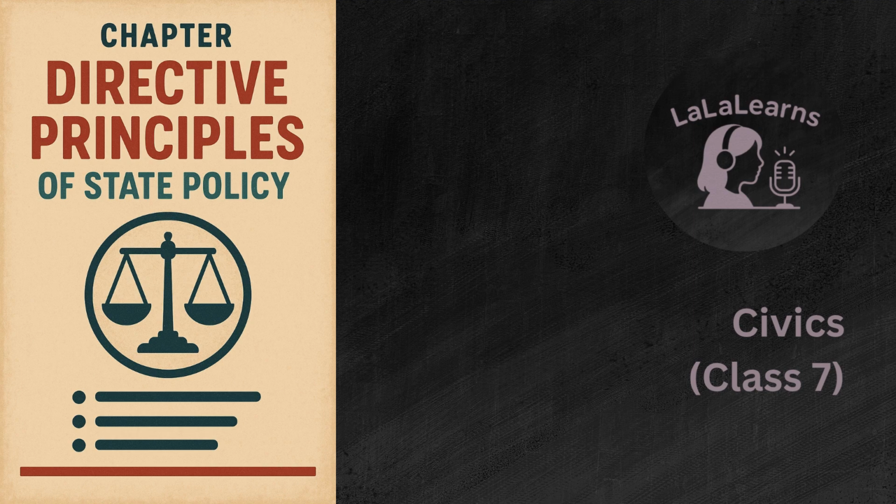Because that positioning itself tells you something important about their role and their nature, especially when you compare them to, say, the fundamental rights, which are in Part 3. It sets them apart. So these are pretty profound ideas for a nation. Where did they actually come from? What were the influences?